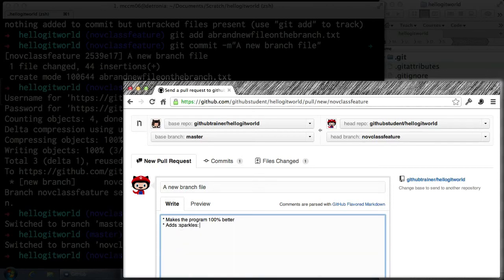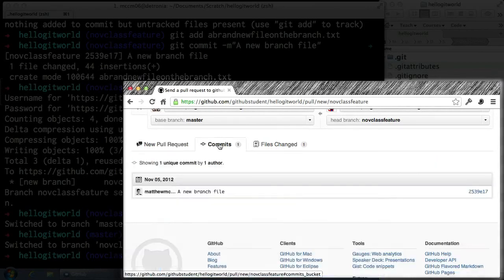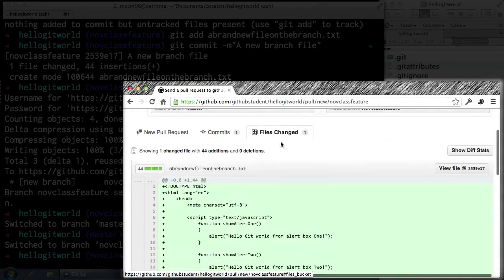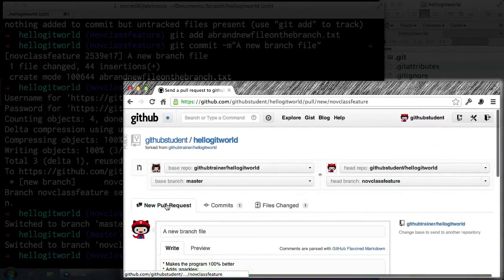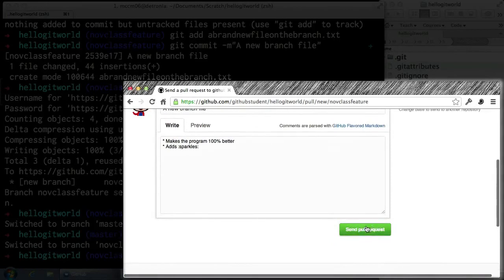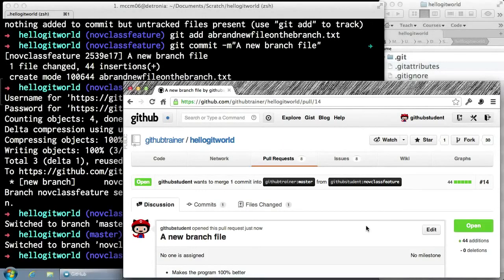So, what I've just done is I've written out a quick little description, of course it could be a bit more technical, as to what I'm offering to the core project maintainer. Over here on the commits tab, I can see which units of work I'm offering in. And on the files changed, I can see a summary of the code that I'm suggesting the project adopt. With the pull request, I'm going to send this in and queue it up for the core project maintainer to